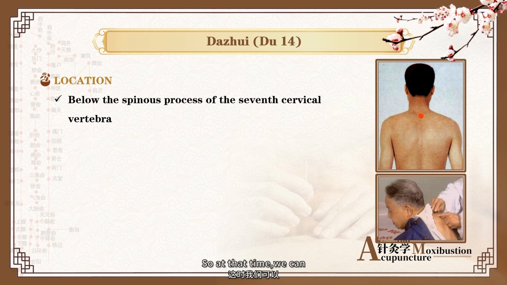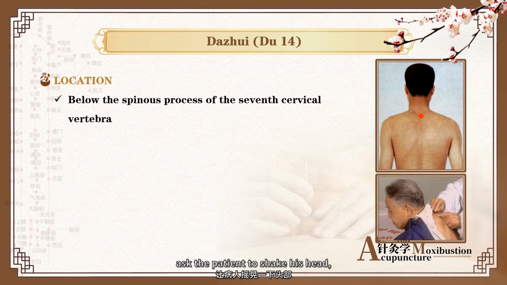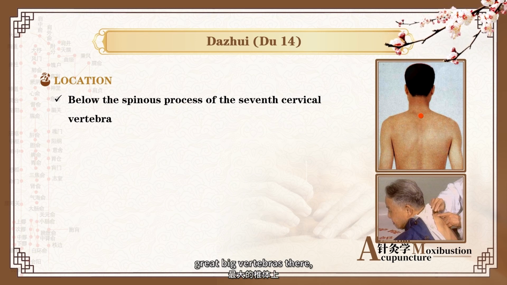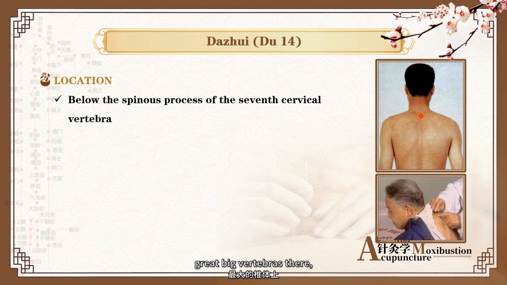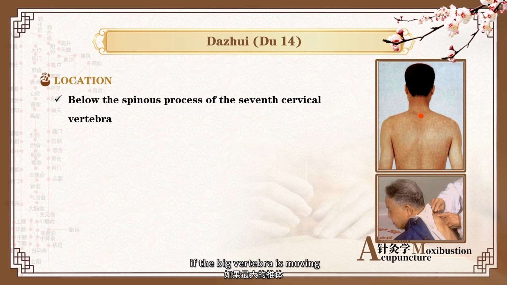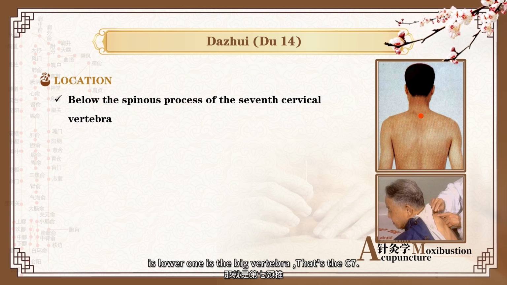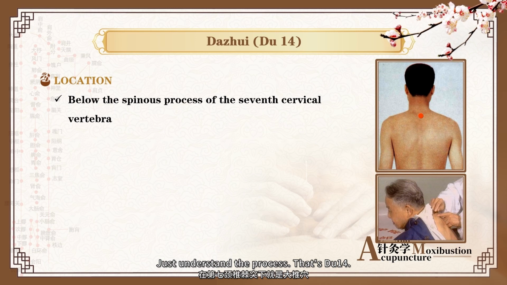So at that time, we can ask the patient to shake the head and use another palm on the big vertebra there. If the big vertebra is moving with the shaking of the head, the lower one is the big vertebra. That's C7, and just under its spinous process is